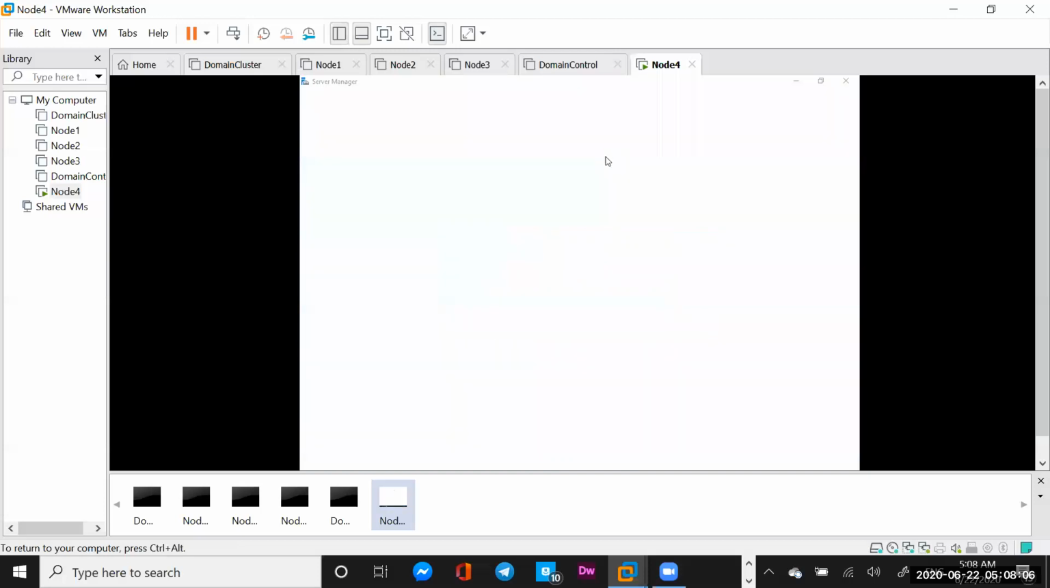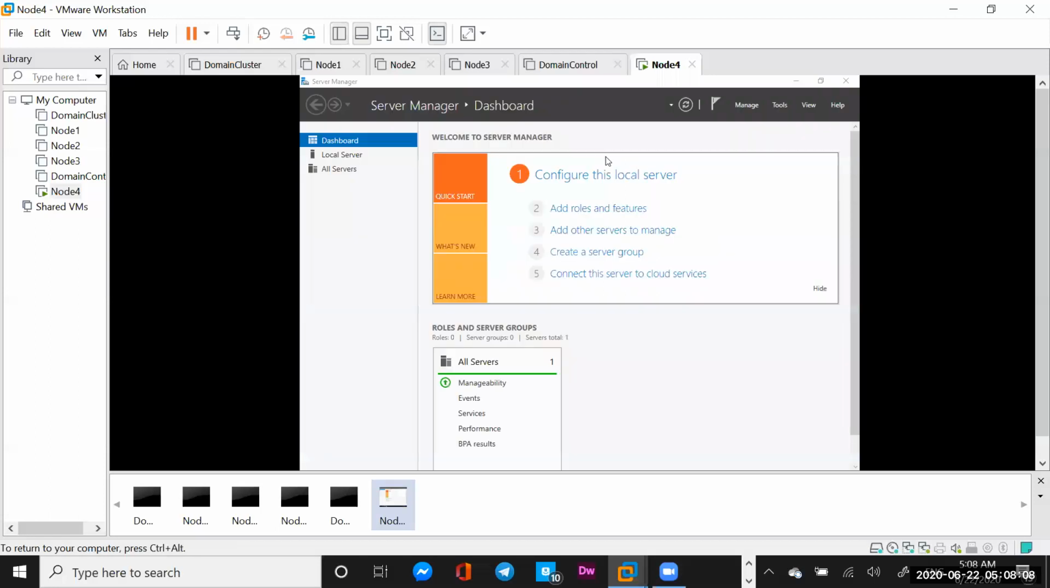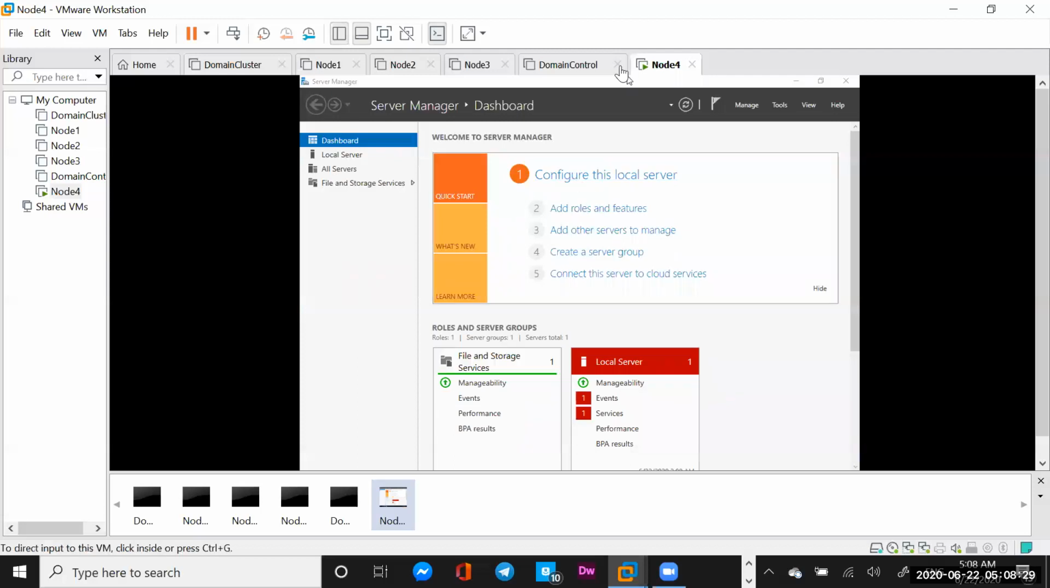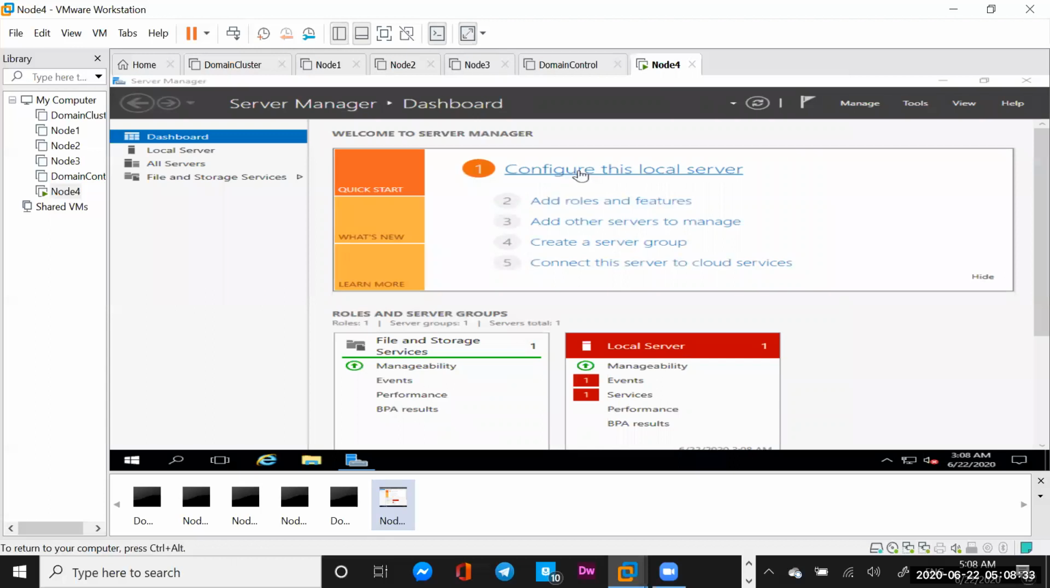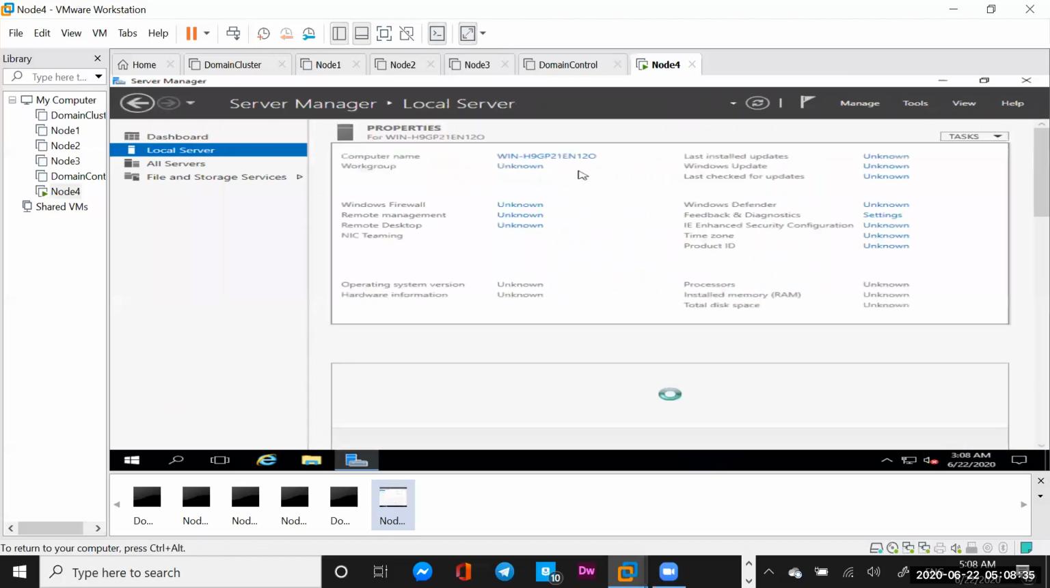The local server. We have to configure the local server, then we're gonna add roles and add server, create server group. We don't need a server group here. I mean, we're gonna create a server group, but just connecting with the domain controller. So let's go ahead. I'm maximizing this one and going to configure